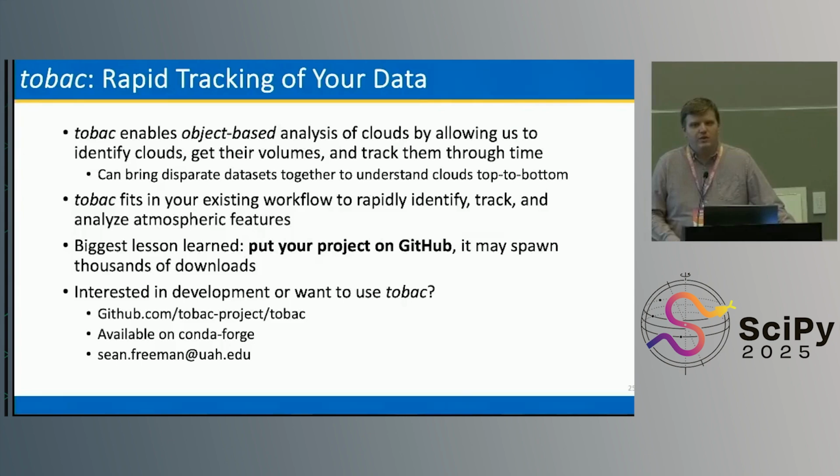And I think we will move more towards that. One of the things I glossed over for the sake of time is that, the way I describe tobac is how it works in the current implementations, but we have designed all of this to be very modular. So if you want to implement your own feature detection, your own tracking, your own segmentation, or all of those together or separately, as long as you follow the data structure, everything is still interoperable. I've had a few people implement their own, especially feature detection, because they know exactly what they're looking for in their feature. They ignore our feature detection, build their own, but still use our other tools built around tobac.